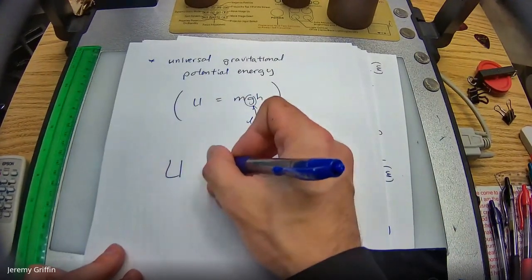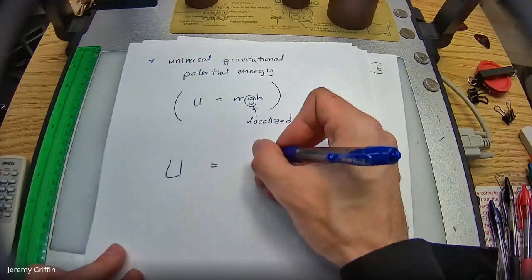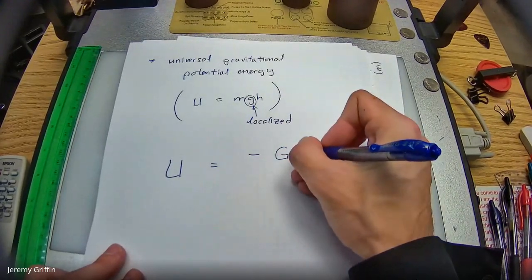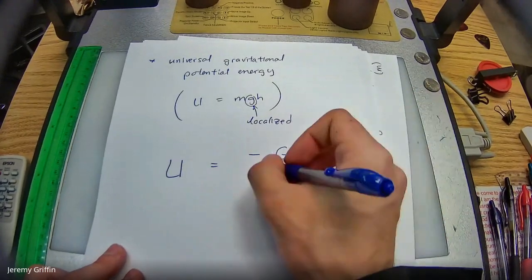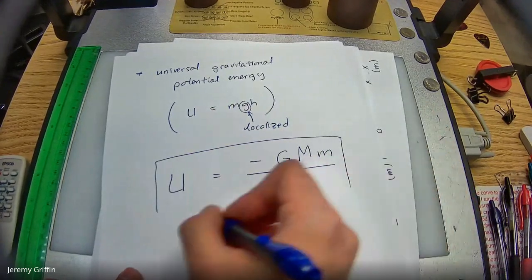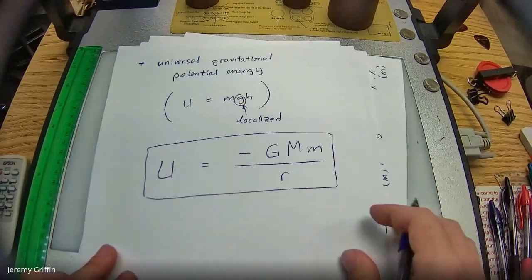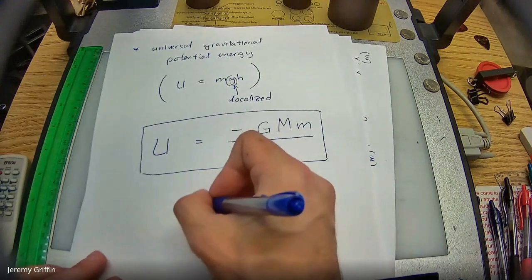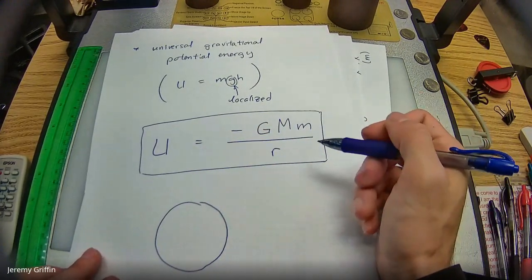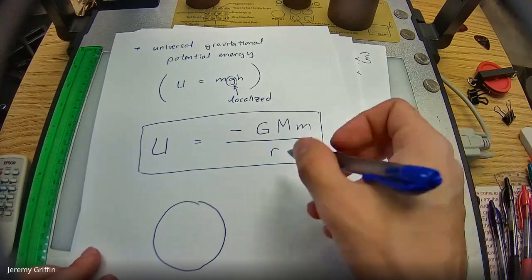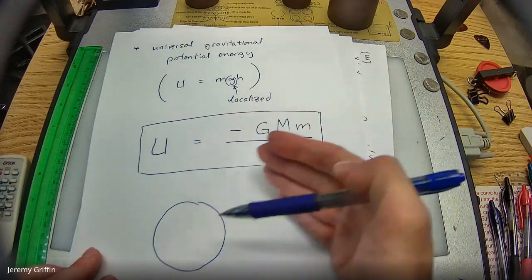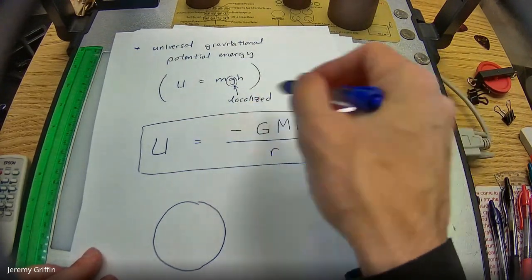This one takes some deep thinking, and I'm gonna explain this tomorrow, but I'll just leave this with you guys for now. It's negative GMm on r. Okay. I will tell you guys that negative GMm on r. What is this good for? Okay. Well, if you want to derive escape velocity, escape speed, I've promised you guys that I'll derive escape speed for you. You have to use some version of this. So if you're getting farther away from a planet, then that little g is going to change. So you have to use this.